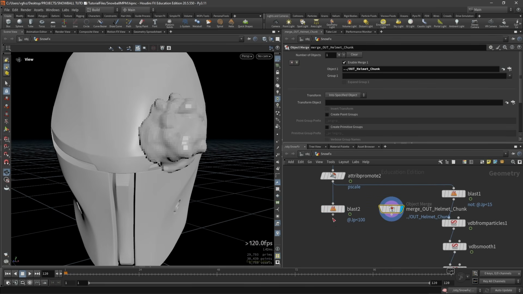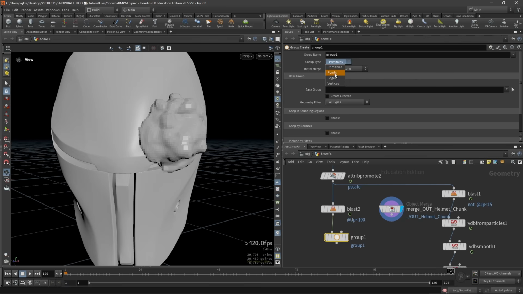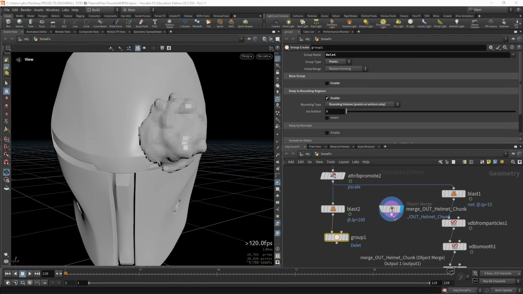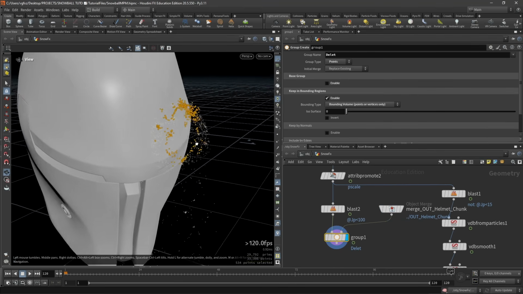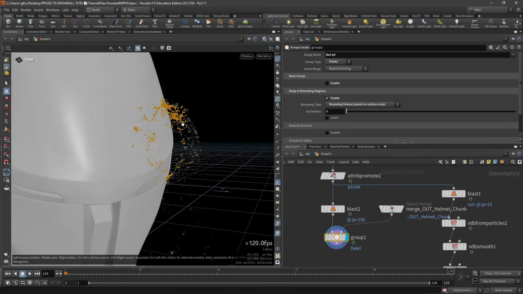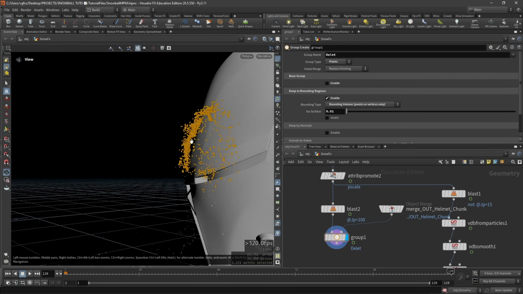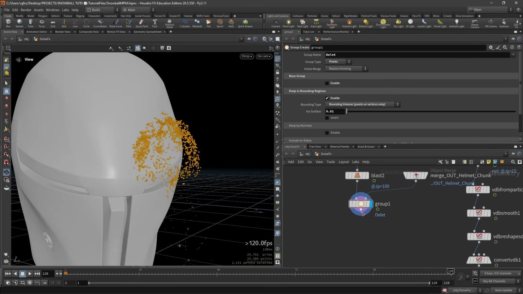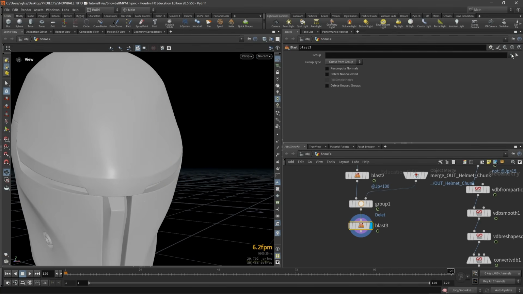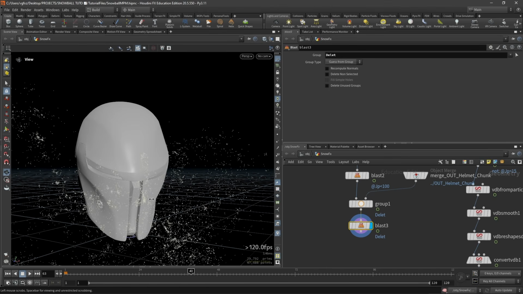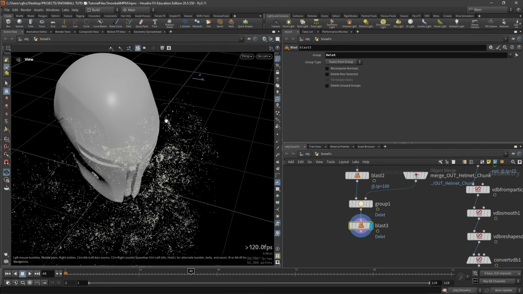So now we're gonna just create a group node. We can put this into points and call this delete. And let's activate our bounding regions and use bounding volume. And now we can see that we are selecting a few points here, but we really need to cover all of this, so we can increase our isosurface a bit, something like this. Yeah, something like this works. So now we can drop a blast node and we can blast our delete. So now we can see that we have our points which we will use to emit particles without that part